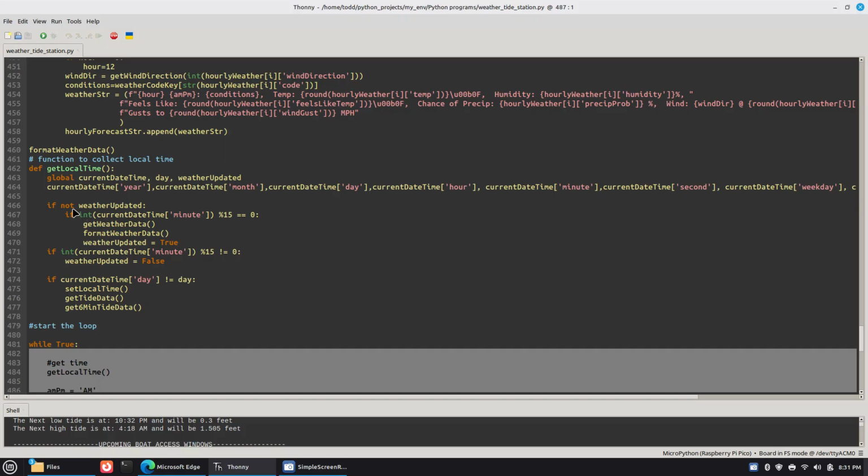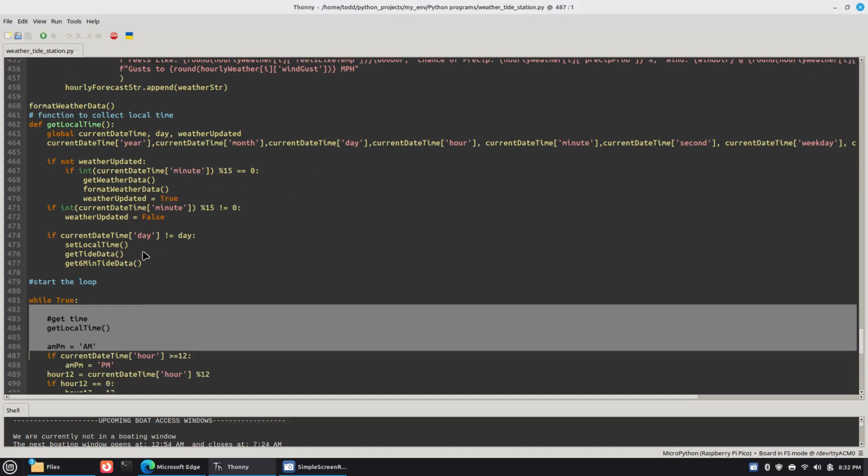But I only wanted to get into that part if the weather updated was false, because there's 12 times a minute that it actually updates the data that's displayed, so I didn't want to do that 12 times, even though it's only 4 times an hour. So it only does that once, and then once the mod 15 for the minute is not equal to 0, it sets that back to false,